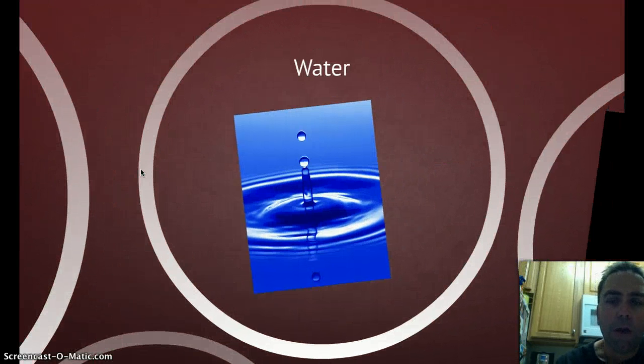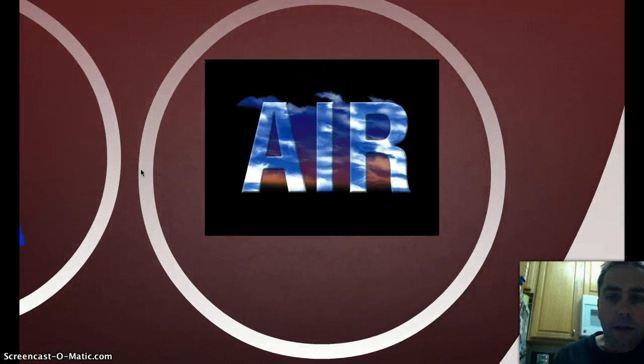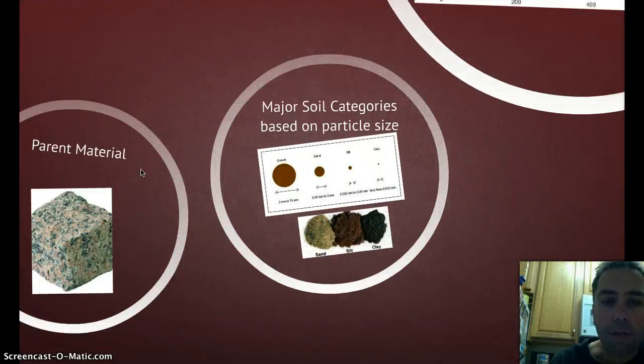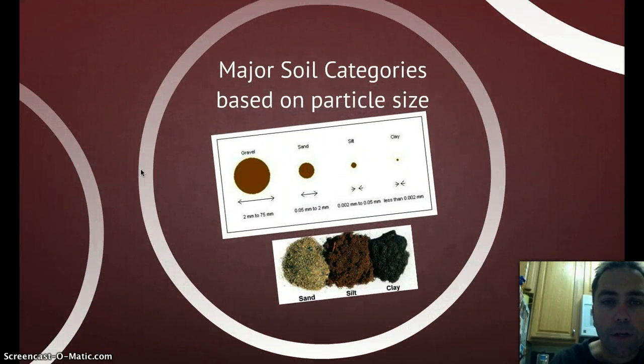Water, soil moisture was something that we looked at in our soils labs, and certainly the amount of water in a soil, or the amount of water that it can hold or let pass through, is determined by the spaces between the particles that make up that soil, and where we have those spaces we're also going to have air. So speaking of particle size, we're going to talk about major soil categories based on particle size